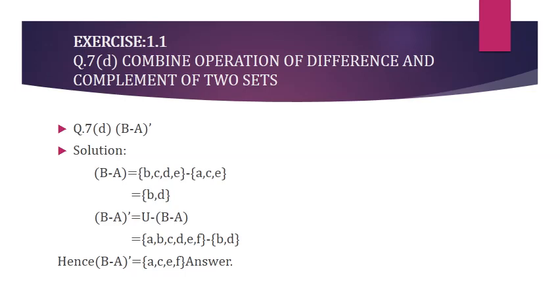We shall find the solution of the bracket first, that is B minus A. In the first step I have written the elements of set B, that is B, C, D, E, and the elements of A, that are A, C, E, and in between the two sets the sign of minus. Now we shall deduct the elements of A, that is A, C, E, from set B. The leftover of set B is B, D. So our answer of B minus A is B, D.